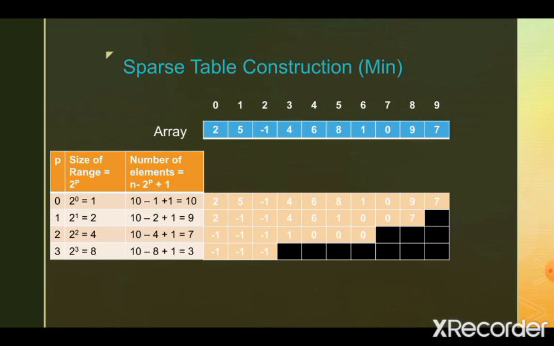Notice that in each iteration we are considering the values from the previous row in the sparse table, and always we are considering 2 values only, and hence the construction time for each element is constant. So the total construction time is proportional to the total number of elements in the sparse table.